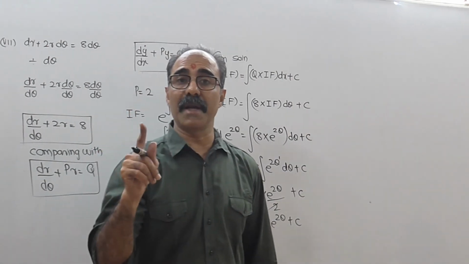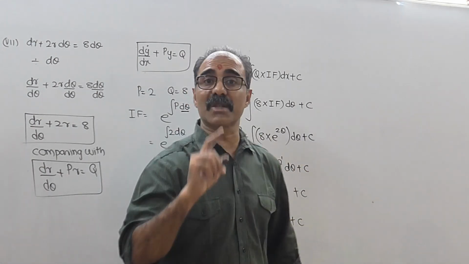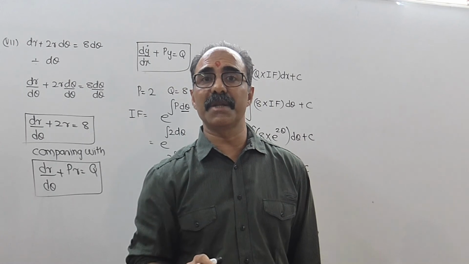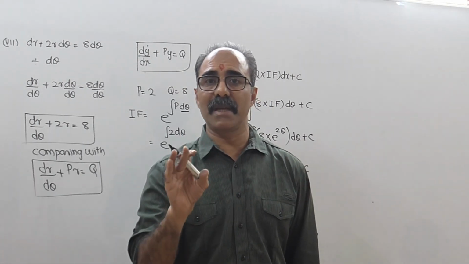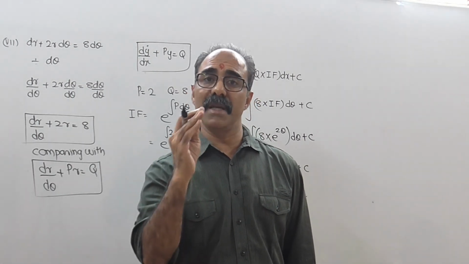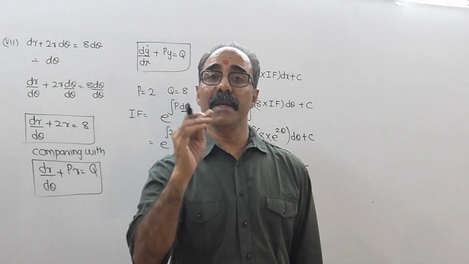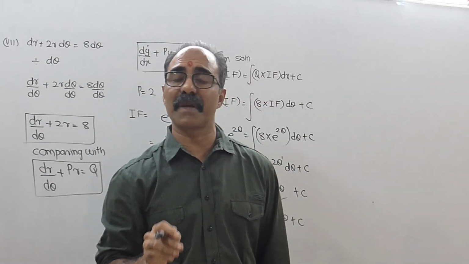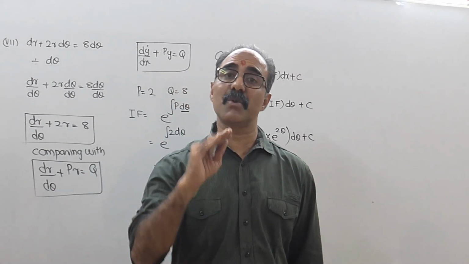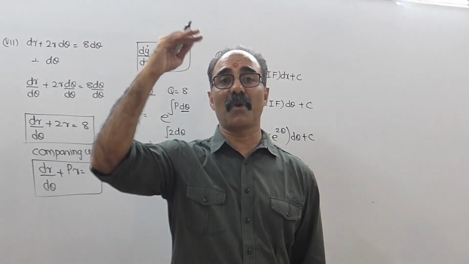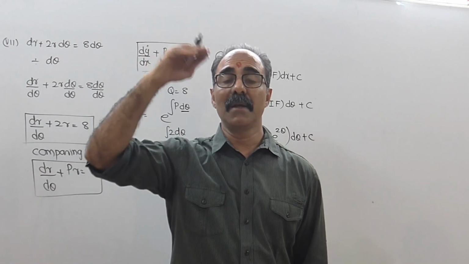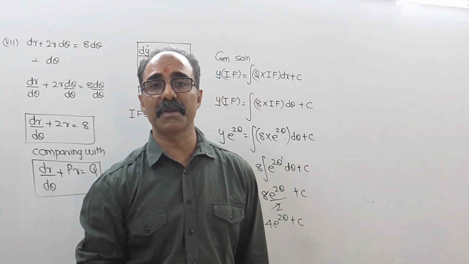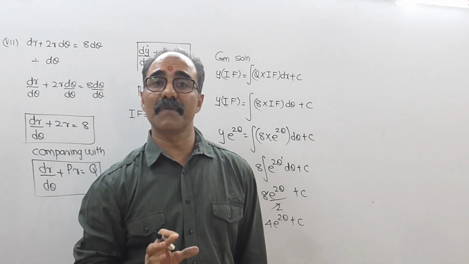आई एम ट्राइंग टू कोऑर्डिनेट that integration e raised to x square wala type. When we had integration e raised to x square, there is no integration for e raised to x square. E raised to x is e raised to x. e raised to 2x is e raised to 2x into 1 upon 2. E raised to 2x plus 3 will be e raised to 2x plus 3 into 1 upon coefficient of x. Lekin if it is e raised to x square, x cube, x raised to 4, and if you have got all those powers more than 1, that is if it is a non-linear equation, there is no definite formula for integration. You will have to do by the method of substitution.